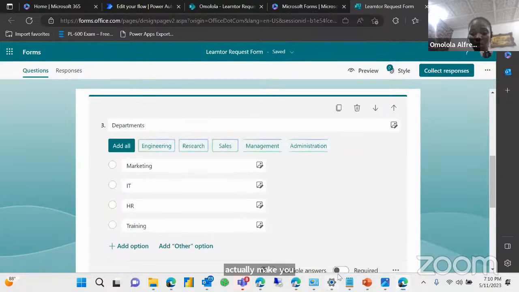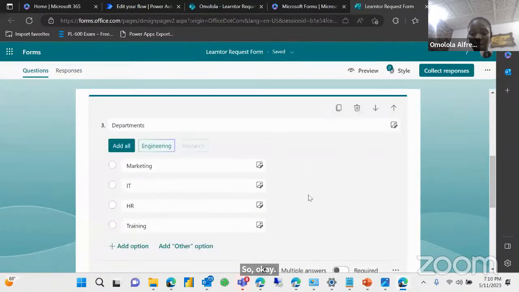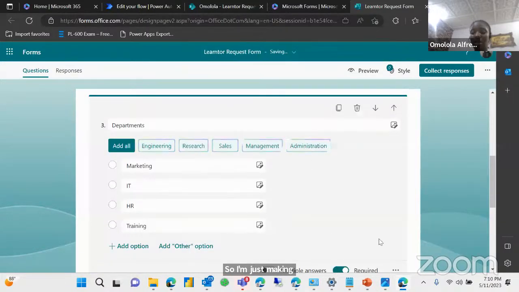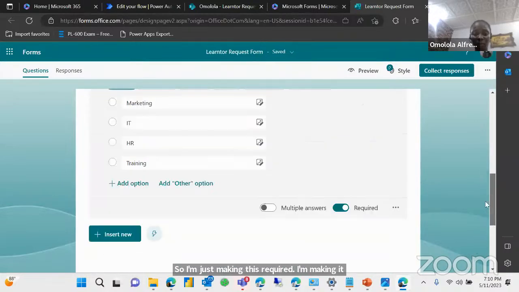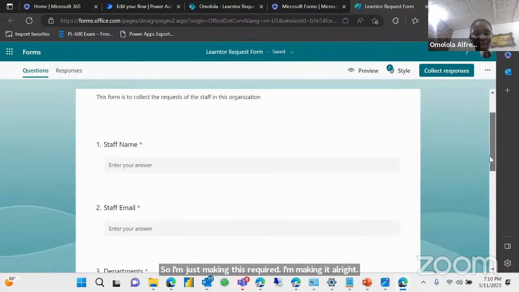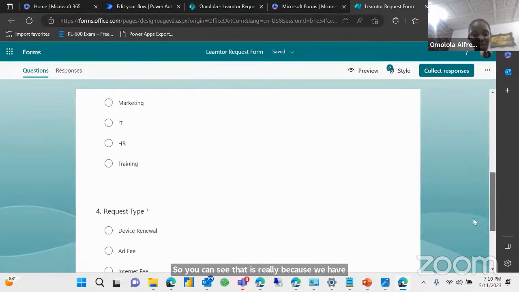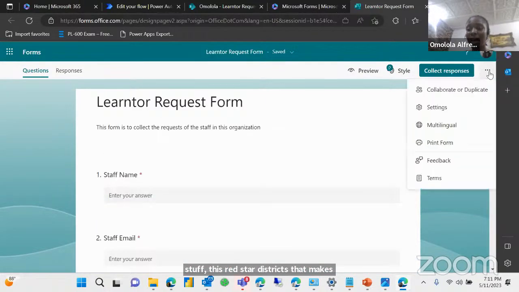Okay, so I'm just making this required. All right. So you can see that it's required because we have this red star, this red star makes it required. So what I'm just going to do now is